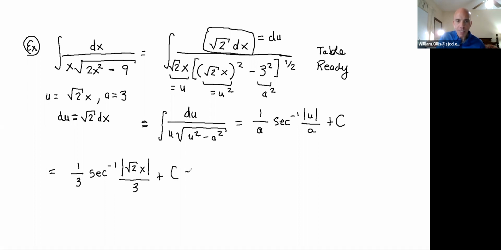Now, of course, WebAssign would be fine with this. You can factor the root 2 if you wanted, and just write this as 1/3 inverse secant, square root 2 over 3, absolute value of x